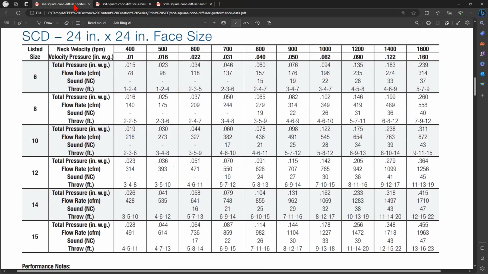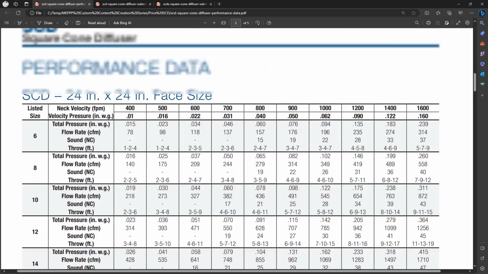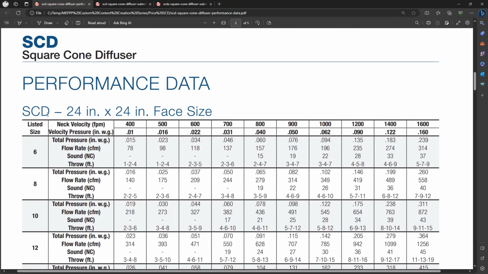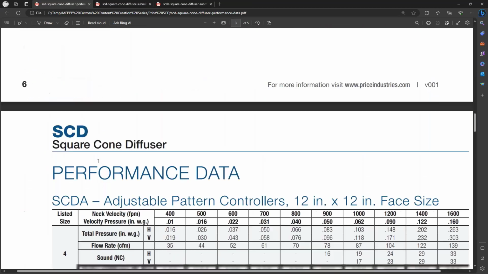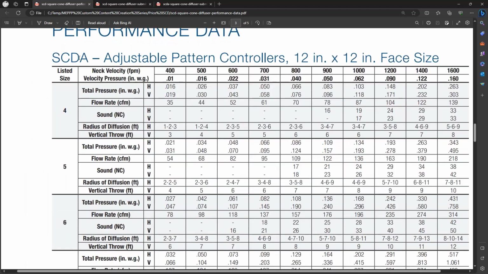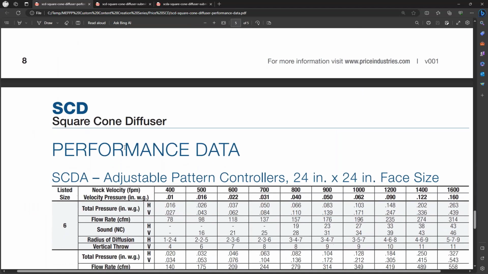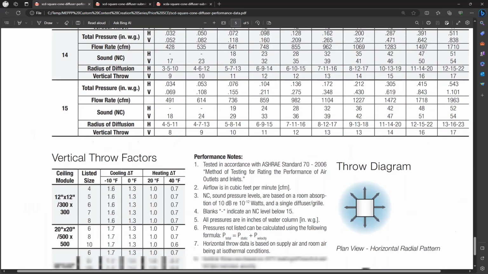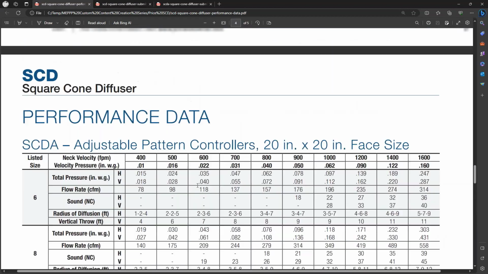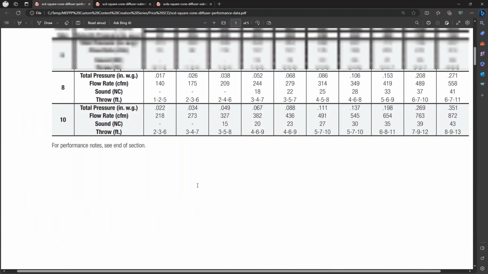So I went through and opened up their performance data sheet that talks about the SCD 24, the SCD, this is a square cone diffuser, aluminum sizing here for the 12 by 12, the aluminum size 20 by 20. I think down below there's 24 by 24. Yeah, there's a bunch of these things here. In fact, I think if I scroll all the way to the top,